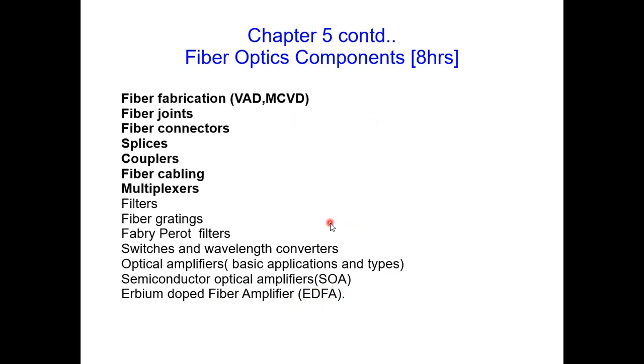Once I finish with the 5th module, I will start with the 6th one, the link budget analysis, because that is required for practical. Then the LED, that is the source, and the detector, 2 modules will be left. The weightage is less. With this chapter, more than 60% of the syllabus is covered. Once I finish this, 60% of the syllabus is complete, and the remaining 40% is between the 3rd, 4th and the 6th module. Actually your module 1, module 2 and module 5 carry more weightage compared to any other modules.